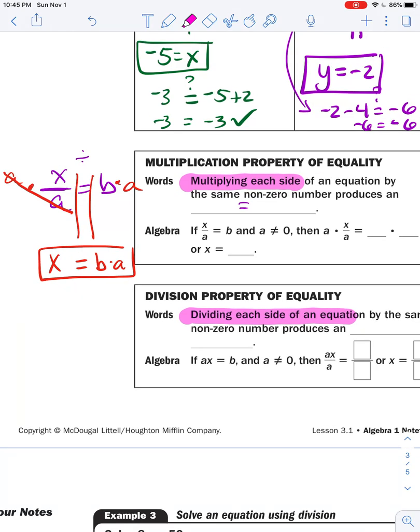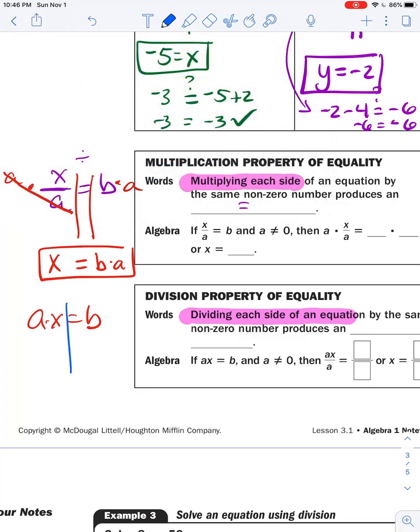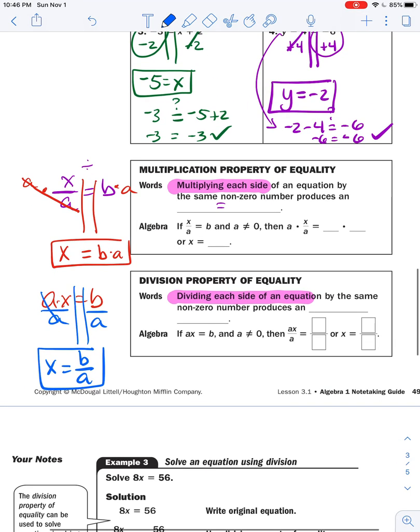So here I'm going to start off with a problem that is AX equals B. How is the A attached to the X? Well, it's attached by multiplication. So the inverse operation of that is going to be division. So if I divide this side by A, and then I divide the right side by A, because I always have to do both sides, I would get X equals B divided by A. Okay,